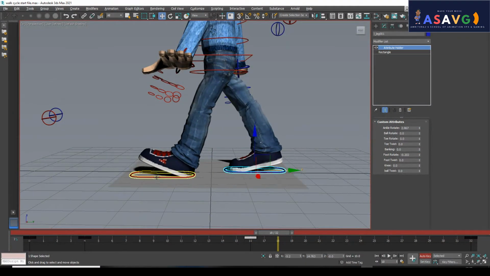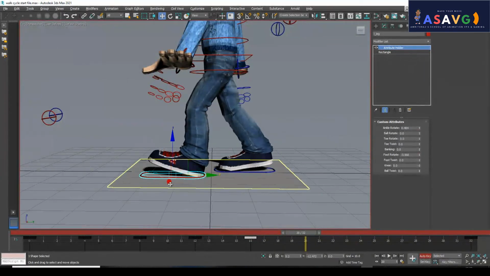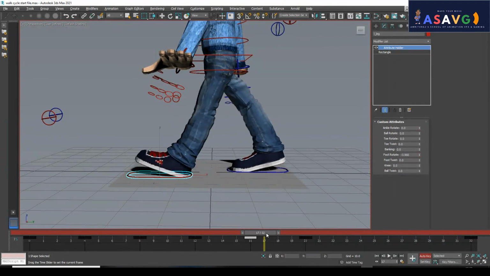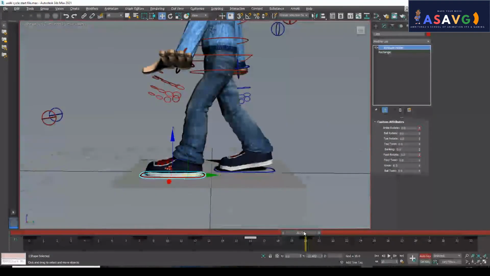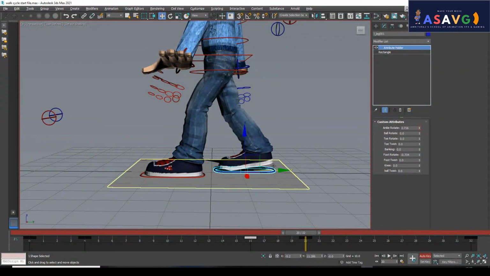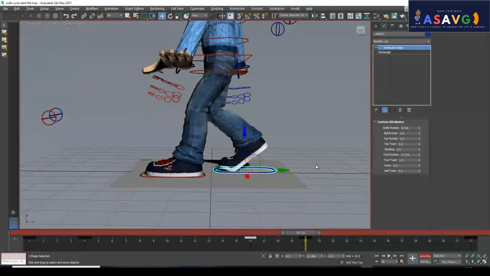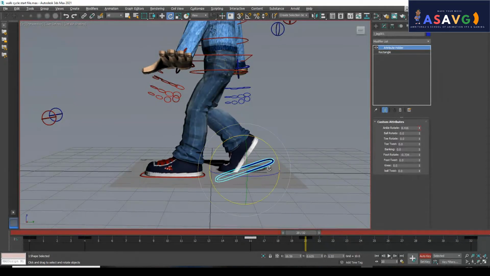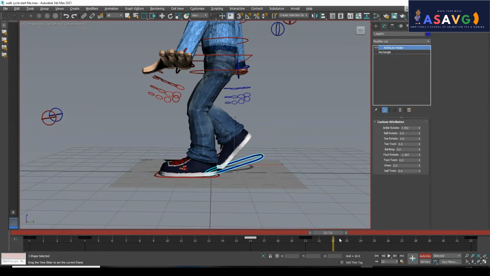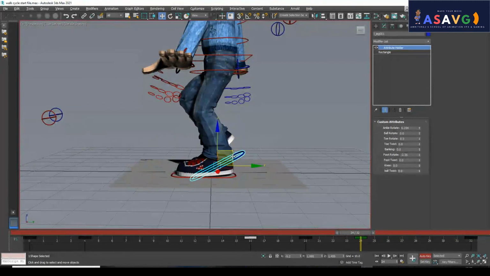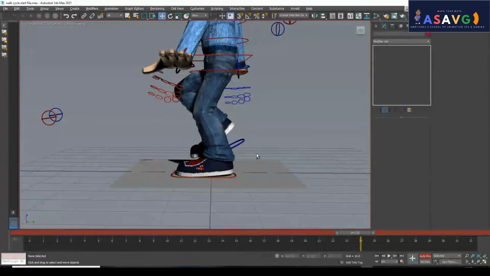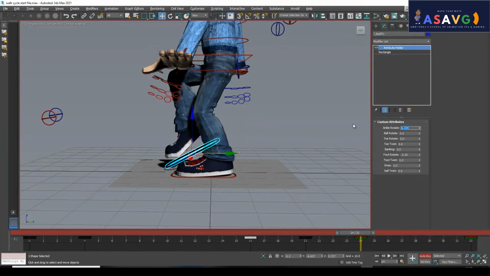On this it will be coming on 20, so I will make it 0. This thing also 0. Okay, now you can see it is coming nicely. Then this control should also slide up a little bit. Not that much, a little rotation down, and make it a little bit down and a little stretched. Now it's coming. Yeah, it should be like this, and this should be down by 3 or else 2. Okay, so this is a rough pose.